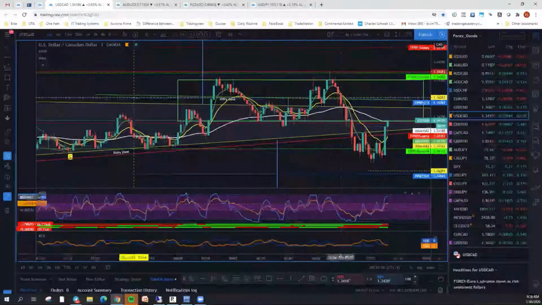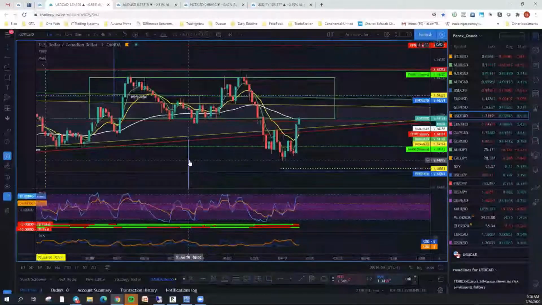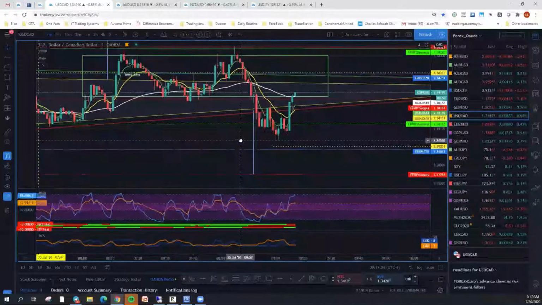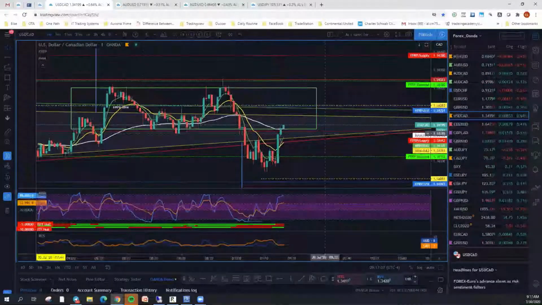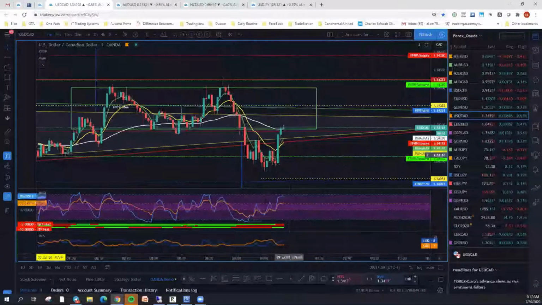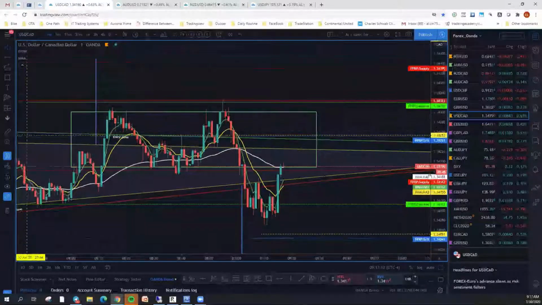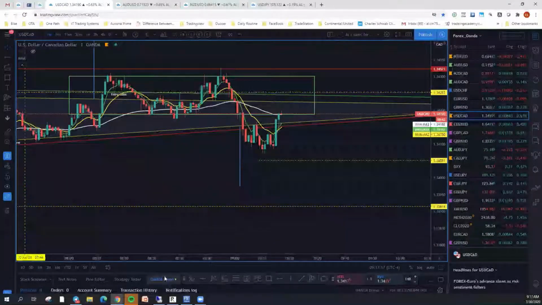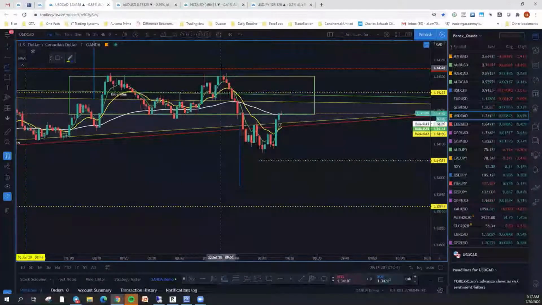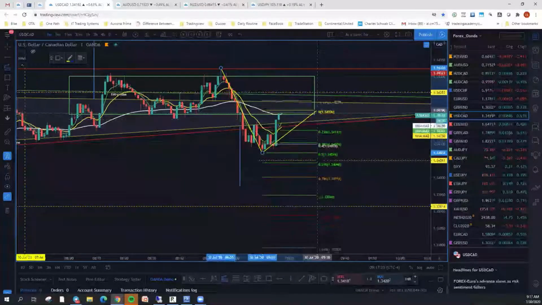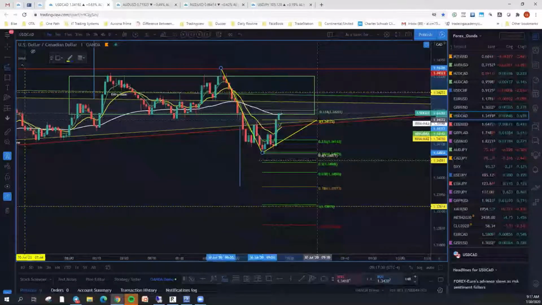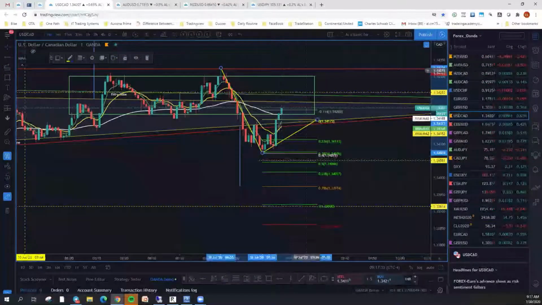Here's where the break was for our stick. We'll see how that plays out. But we have this nice move down. And what I'm going to do is draw a retracement from up here to here. And we'll see how high this retraces. And right now it's beyond the 38, so this could be a little bit stronger move.